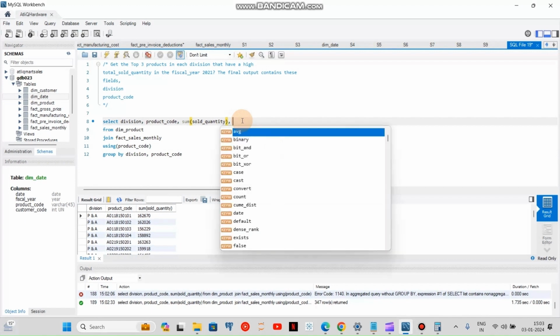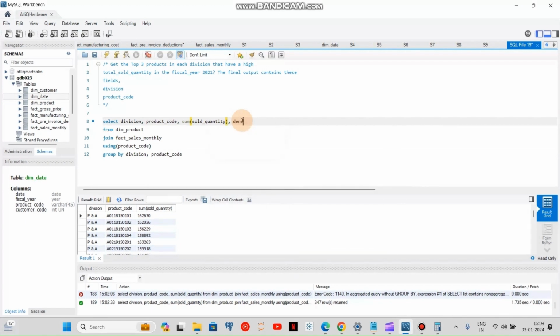So I'll use dense rank, dense rank over. So I'll say dense rank and then I'll say order by,